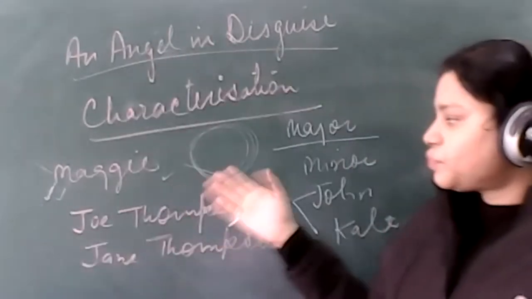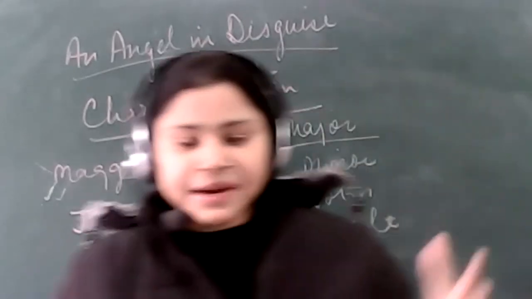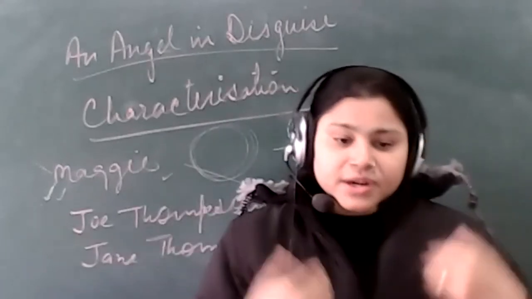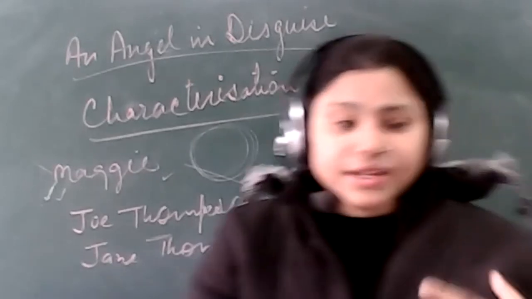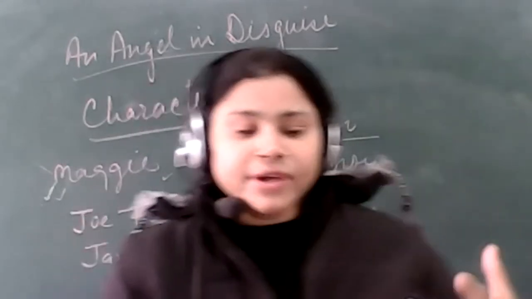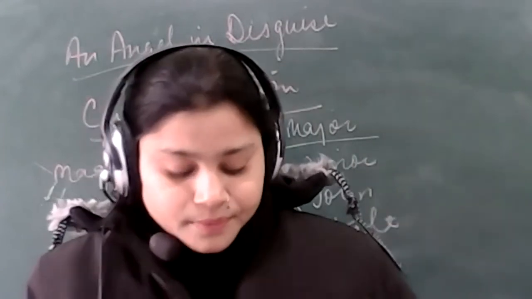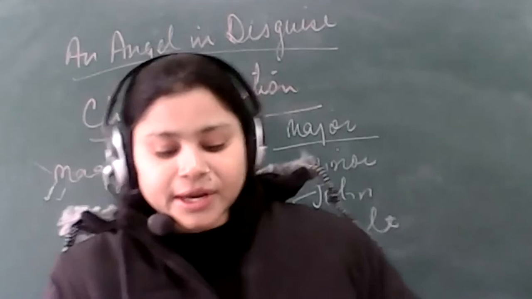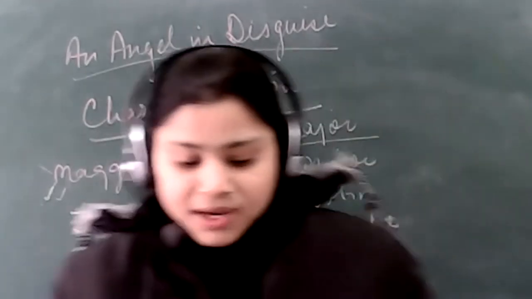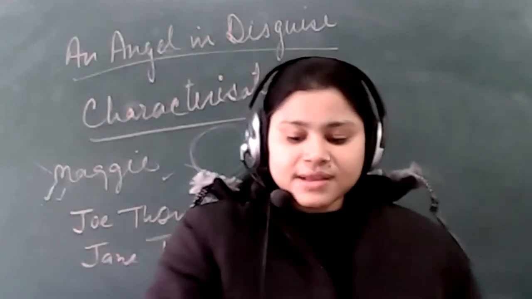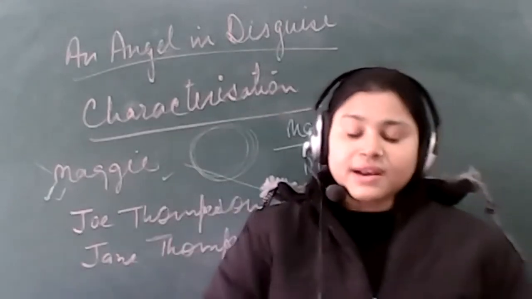As her heart was pure, when he took the girl into his arms, he had a pure feeling and felt affectionate. Affection was felt by Mr. Thompson for Maggie. He could immediately connect to her